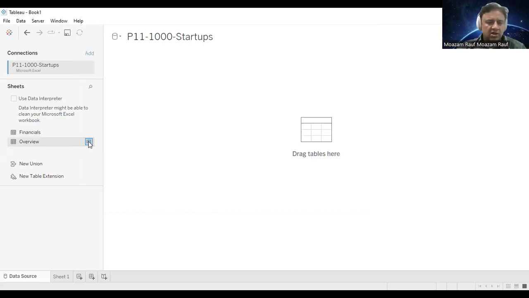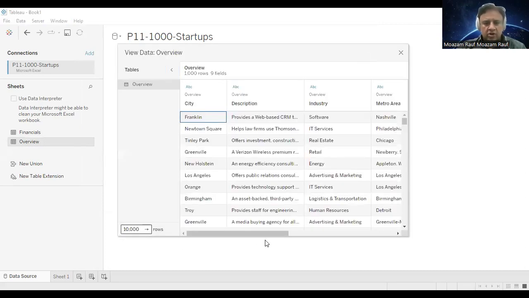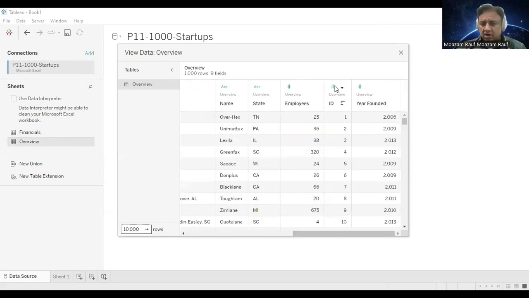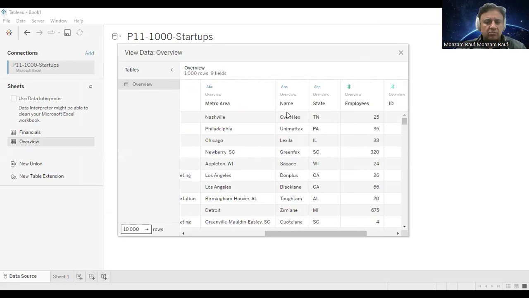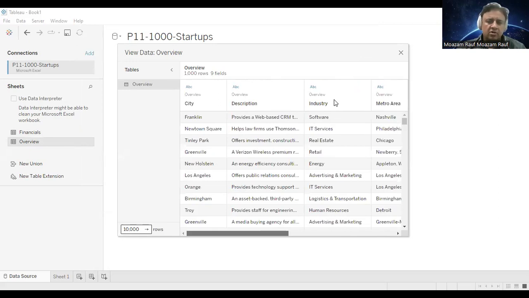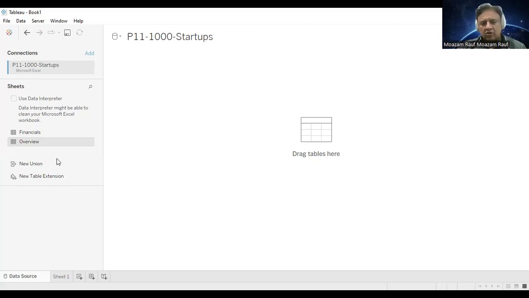ओवरव्यू की शीट देख लेते हैं, इसमें क्या है. राइट, सो इसमें एक ओवरऑल इंफॉर्मेशन है चीजों की. आईडी, आपने देखा आईडी कॉमन फील्ड है दोनों टेबल्स की, दोनों शीट्स की रादर. और नेम भी कॉमन हो गया ऑफ कोर्स. बाकी जनरल इंफॉर्मेशन है कंपनीज के बारे में. सो नाउ दिस, in fact, any data that has more than one table or one sheet for that matter require